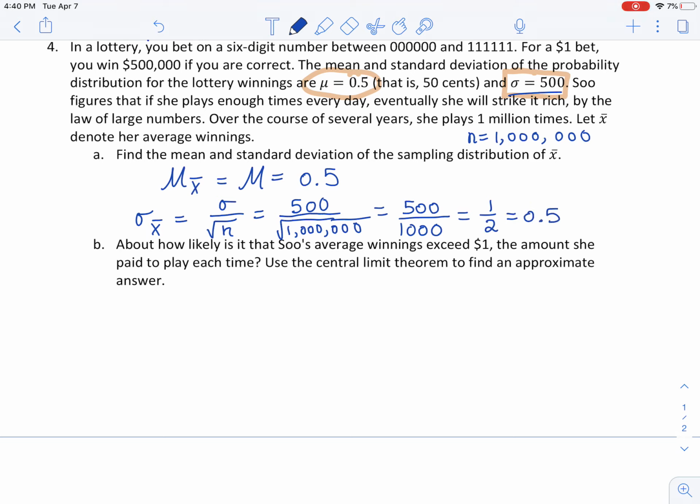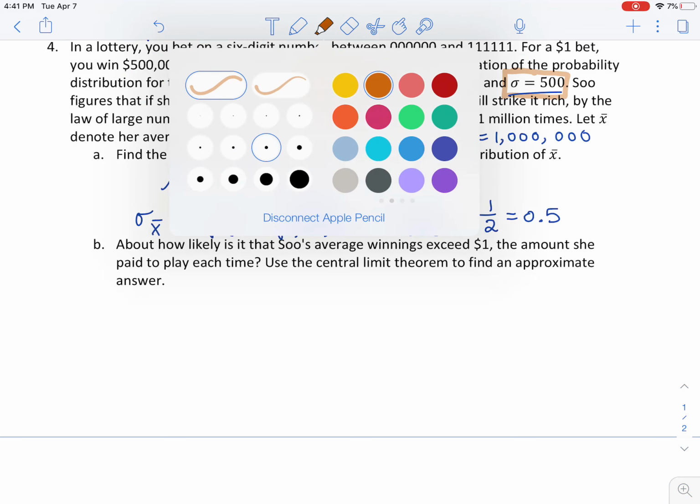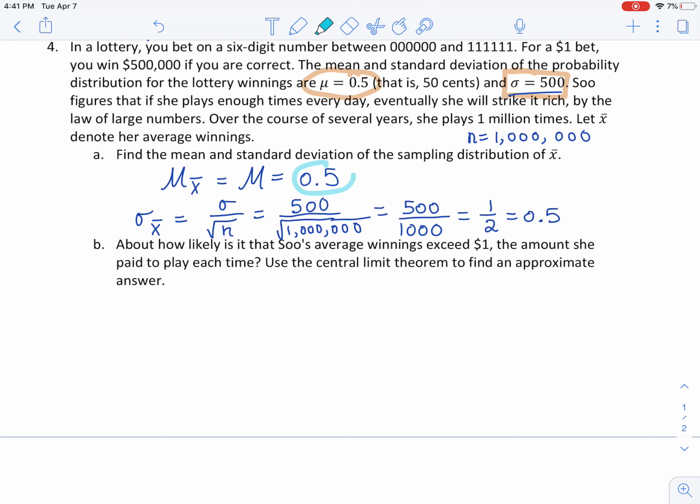Well, it's because the square root of 1 million is 1,000, right? So the standard deviation comes out to be exactly half. So they wanted you to find the mean and the standard deviation of the sampling distribution of X bar. We found them. Her winnings are going to be around 50 cents, but that winning is going to vary with a standard deviation of